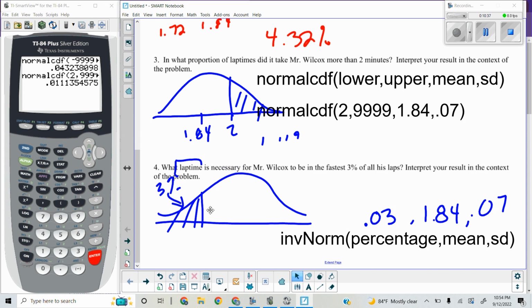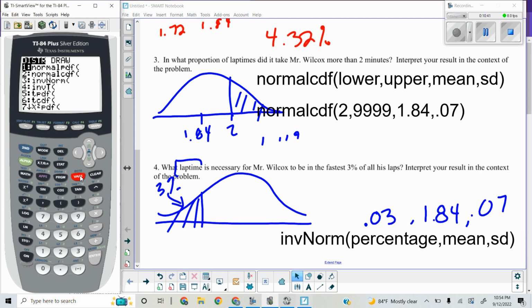But since we have below, we go to second distribution, and we see 3 is that inverse normal. So our area is that percentage, or as the decimal 0.03, our mean, and then our standard deviation. Enter, enter,